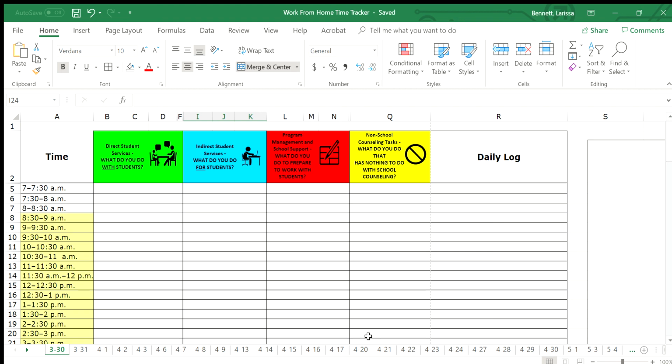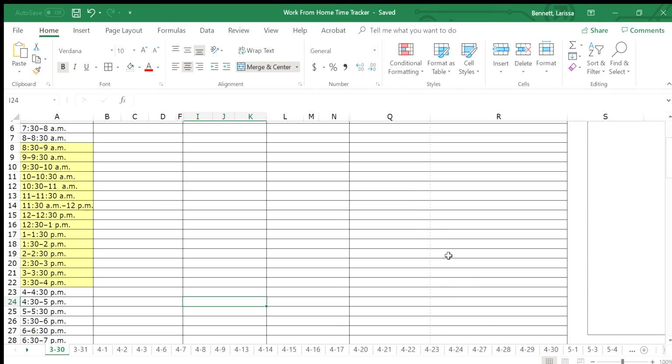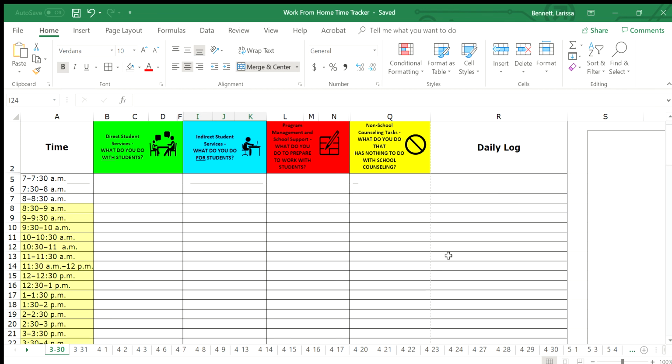So we know that time tracking is an important tool for us to use to not only show what we do, but to show the impact of when we are able to do what we do or when we're not able to do what we do. Here's kind of the linkage to, well, why? Because we've spent so much time on other things, or even just for that self-awareness piece of, I spend a little bit too much time on email or something of that nature.